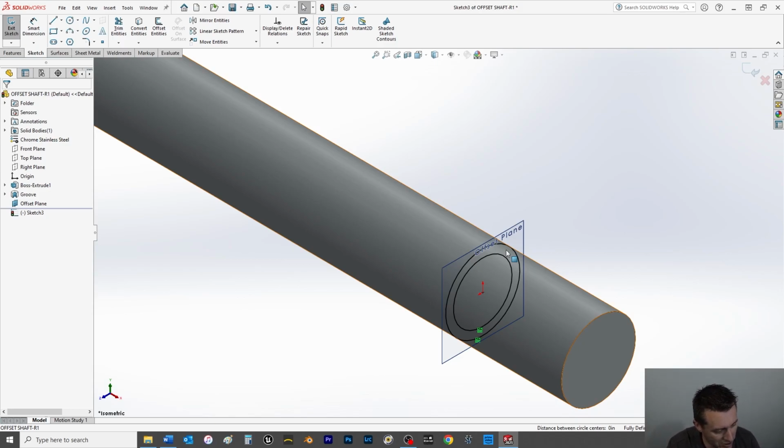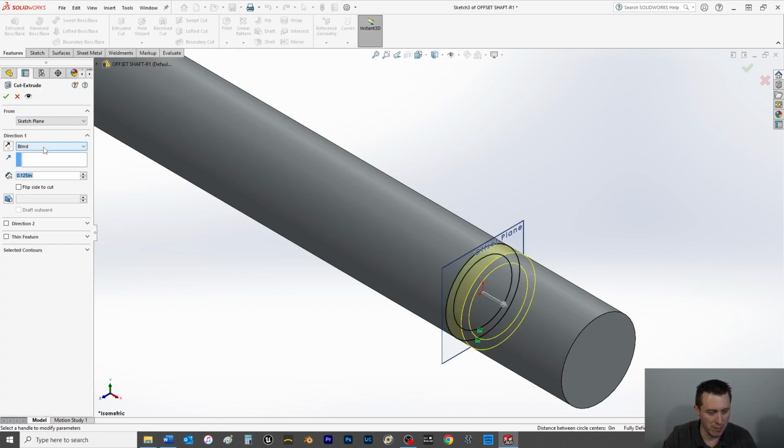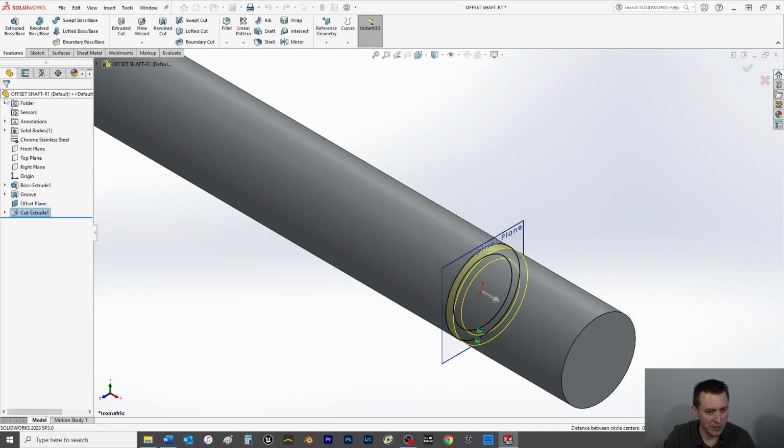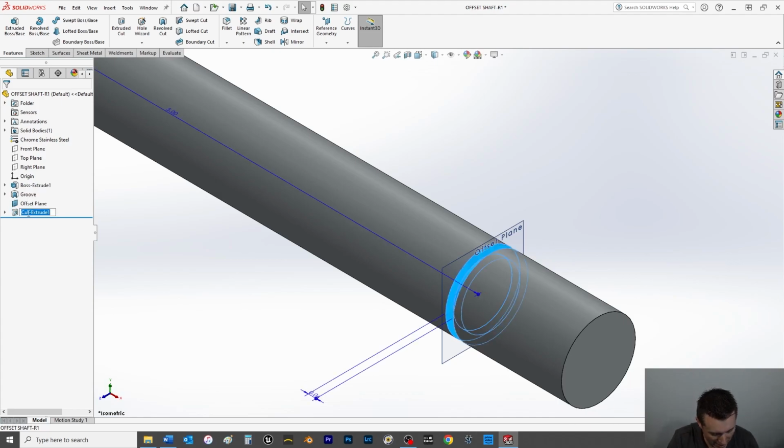So now we're going to switch over to page 178, section 5.9, where we will then go to the Features tab, and we're going to choose an extruded cut, and we're going to do a blind end condition, and we're going to do a width, depth, height, however you want to call it, of 0.063 to just mimic the other side. And from here we will click OK, and one last thing we will also do here is click on the cut extrude feature and rename it